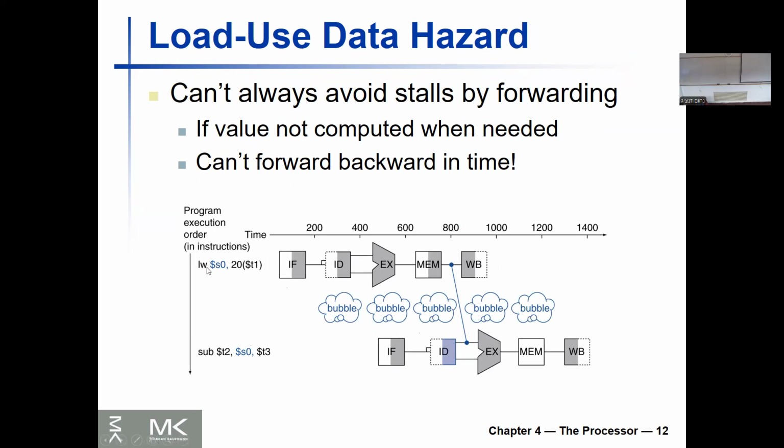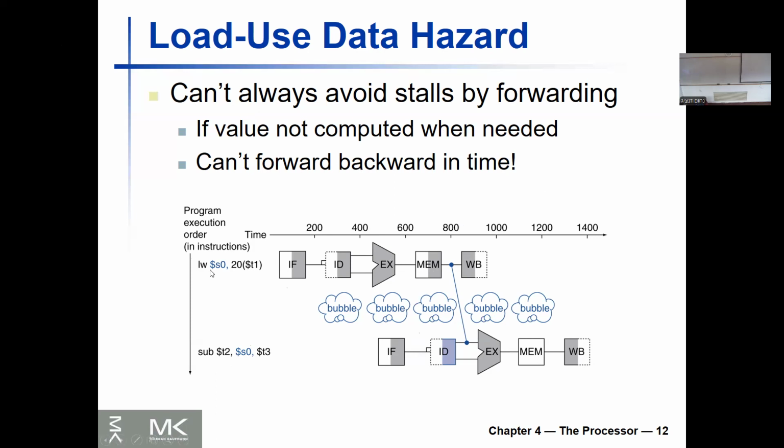Now, what about a different scenario? What if we have a load word that's loading into S0, and the next command uses that S0 and computes something? If the value is not computed when we need it, no amount of forwarding is going to help. So we're going to have to put a bubble in here. Look at the bubble. Why do we put a bubble here? Because we can't grab it from